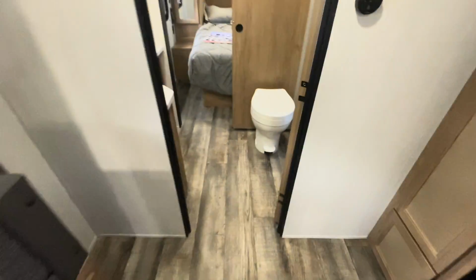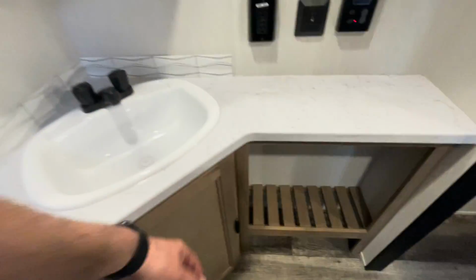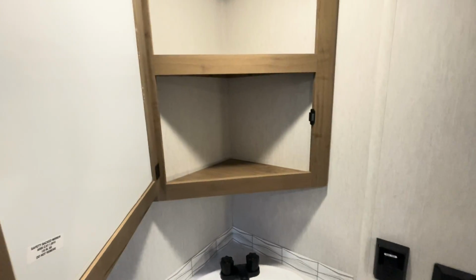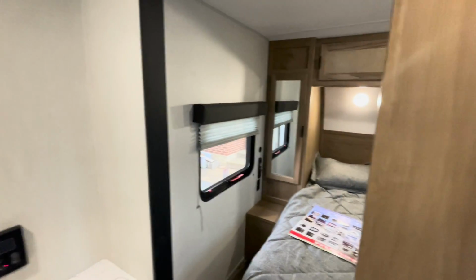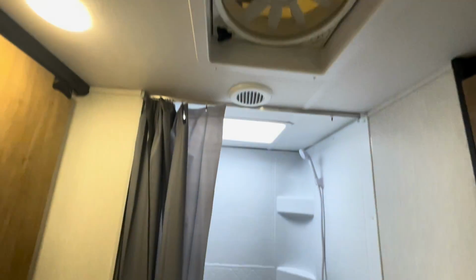Moving on, you've got a door that closes off your bathroom. Solid door. Nice surround shower. Overhead skylight. I'm 6'5". My head touches. So 6'4" or less comfortably, but a nice squared off shower. Nice room around the toilet. Little storage areas. Good sink. Medicine cabinet. In the bathroom, you got a large exhaust fan, AC ducts, and then